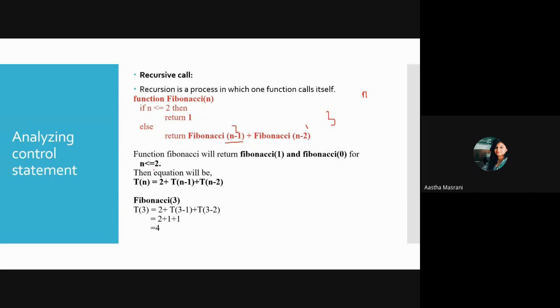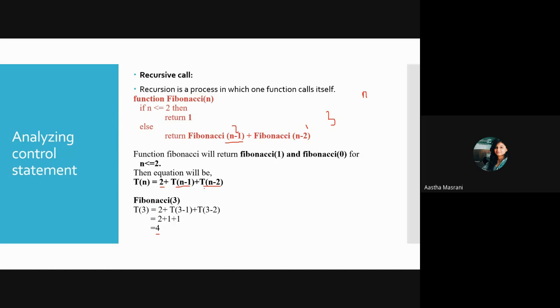Because 1 plus 1, it would be giving me 2. So n is starting from 2. Therefore 2 is constant there. So how you can make the function? Function is constant plus the previous element and the second previous element. That is T of n minus 1 plus T of n minus 2. So when you take any n, it will be giving you the answer as 4. You can give any n and you can derive what will be the answer at that position by this function.